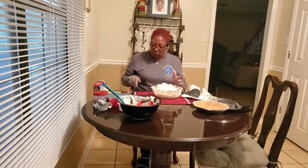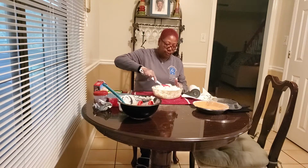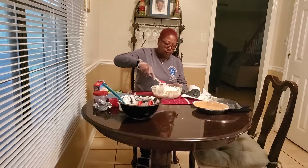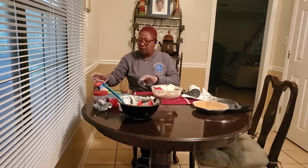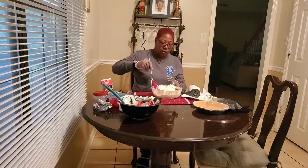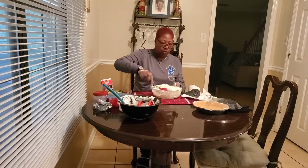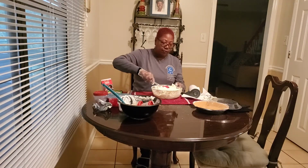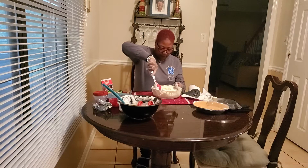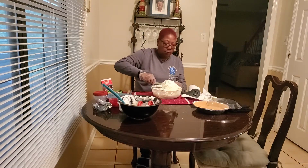Okay, so now what I'm going to do is just fold this in together with the cream cheese and the heavy cream. And it's a really simple recipe. And this is the heavy cream that I use. It's Land O'Lakes or any kind of brand that you may choose. And the topping is really simple. It's based on whatever kind of fruit you desire. If you want to save over some of your heavy whipping cream, you can use that as well. But basically, you're just folding this in, and then afterwards, you're going to put it in a graham cracker